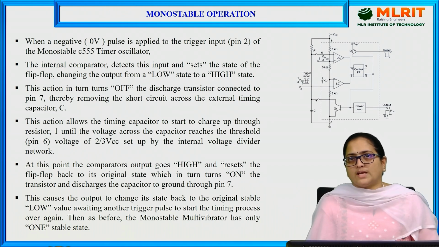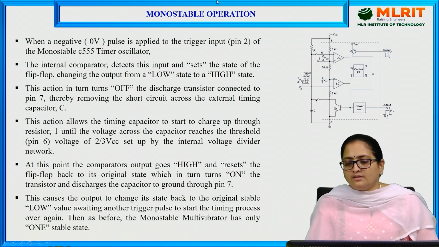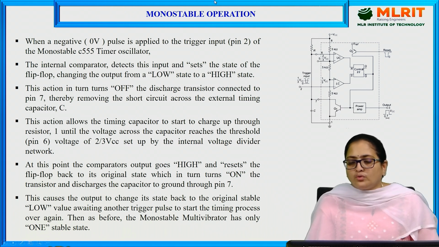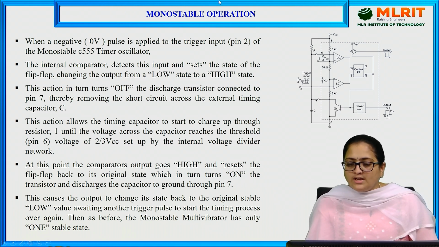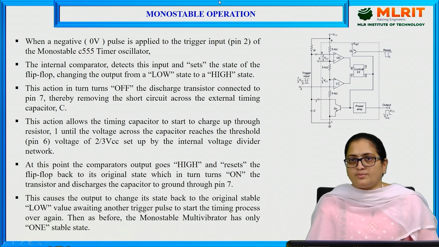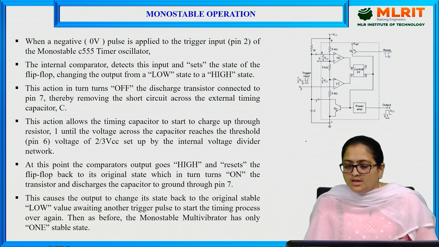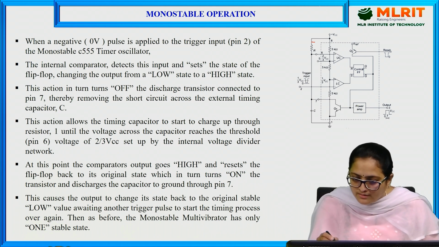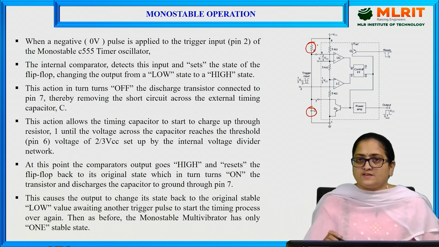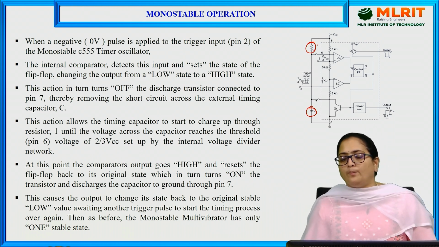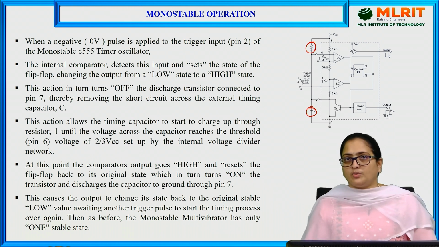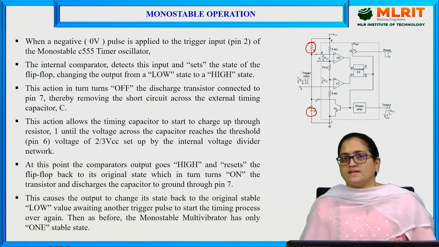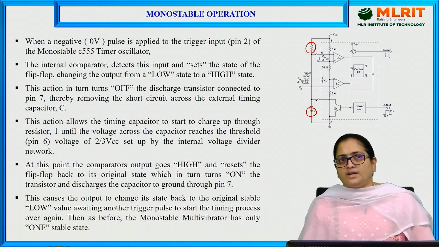This is a monostable multivibrator circuit. If you can see, this looks similar to an ideal 555 timer schematic diagram. But the additional two components used here are this resistor R and this capacitor C. Only these two components are added for the IC 555 timer to work as a monostable multivibrator.